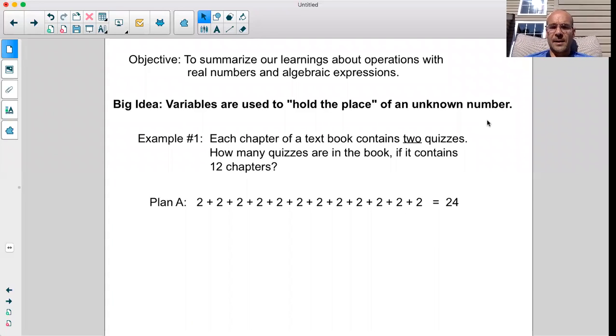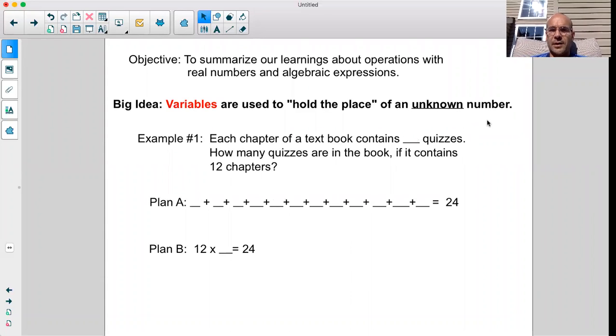But someone else might have plan B, which is, if I'm going to do 12 sets of 2, 12 repeated additions of 2, isn't that a job for multiplication? And they'd get 24 that way. All very good understanding. People walking into the class, I think, had that down. But when variables come into play,